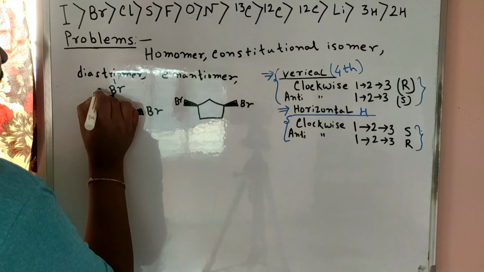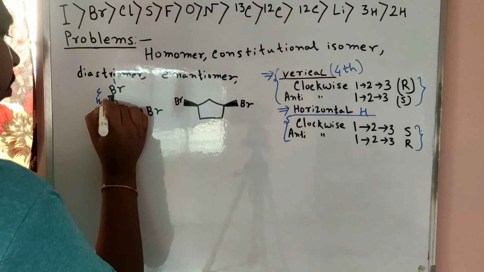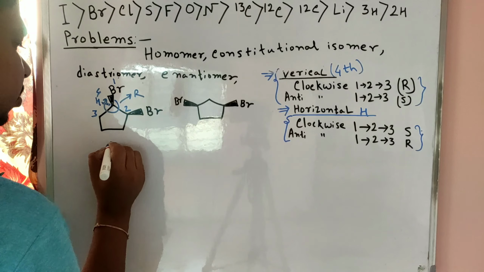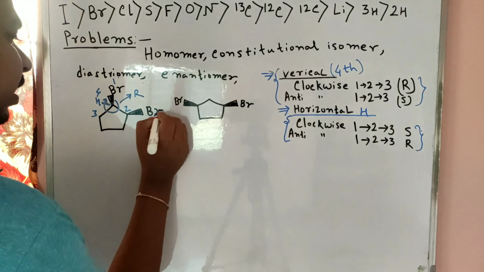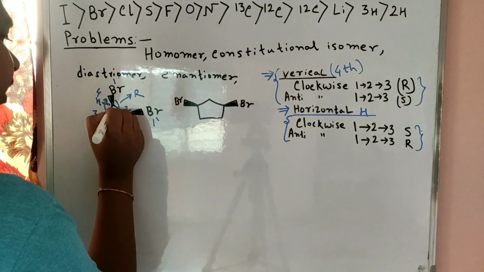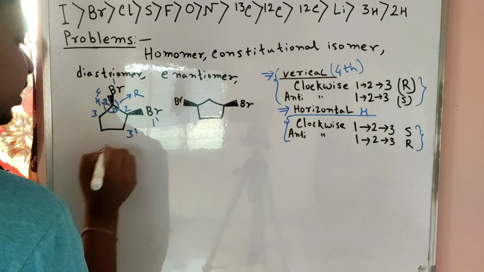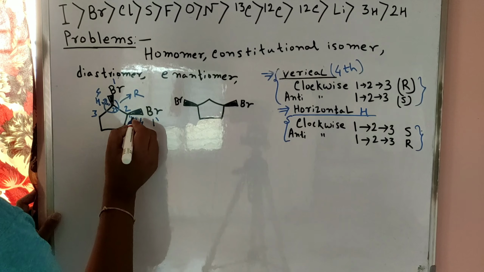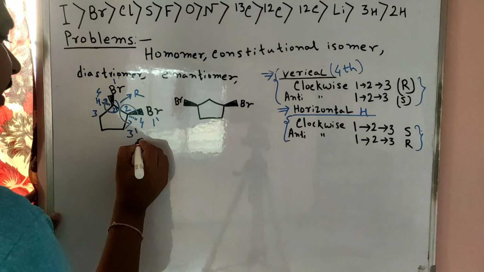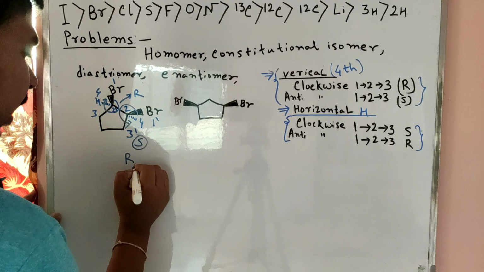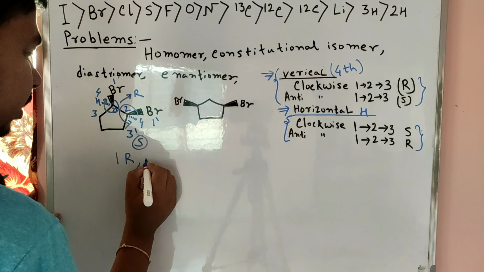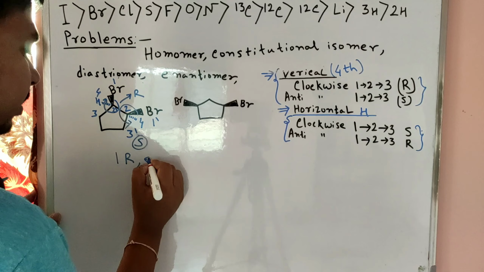So in that case, when we consider this carbon atom, this is 1, 2, 3, and similarly hydrogen is 4. Then 1 to 2 to 3 is clockwise rotation, hydrogen is down, so this center is R. And when we consider the right side, here 1 dashed, this center is 2 dashed, this is 3 dashed, and this one is 4. 1 dash, 2 dash, 3 dash, rotation is anti-clockwise, S. So here the previous center is R, and then this one is S.